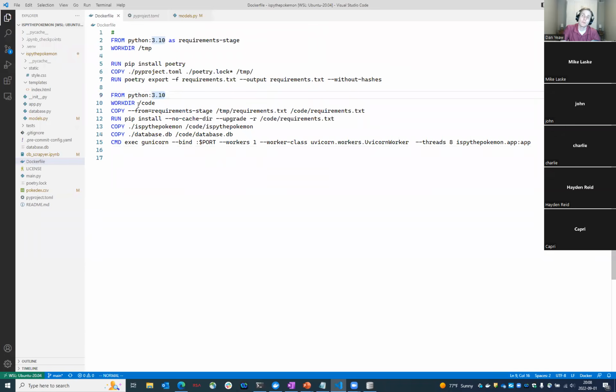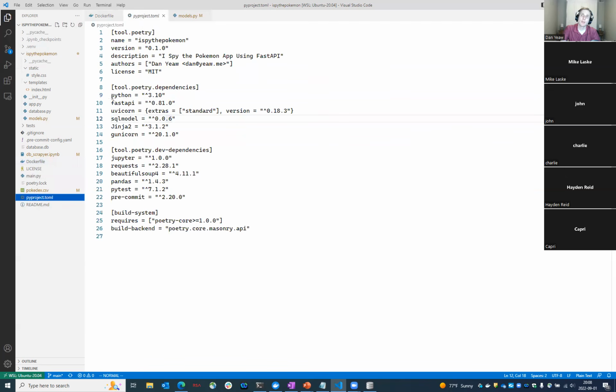So you can just make use of it and use the latest version of Python in the Docker image. We're setting a work directory to /code, and we're copying from this last stage our requirements.txt file, and then we're pip installing all the requirements that we have. So it's pretty much pip installing all this stuff here, but not the development dependencies, because we don't need PyTest or Pandas or Beautiful Soup to run our app